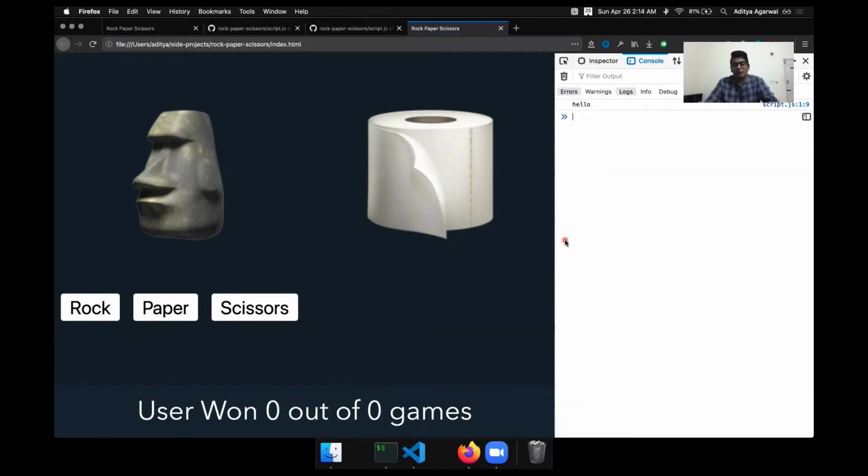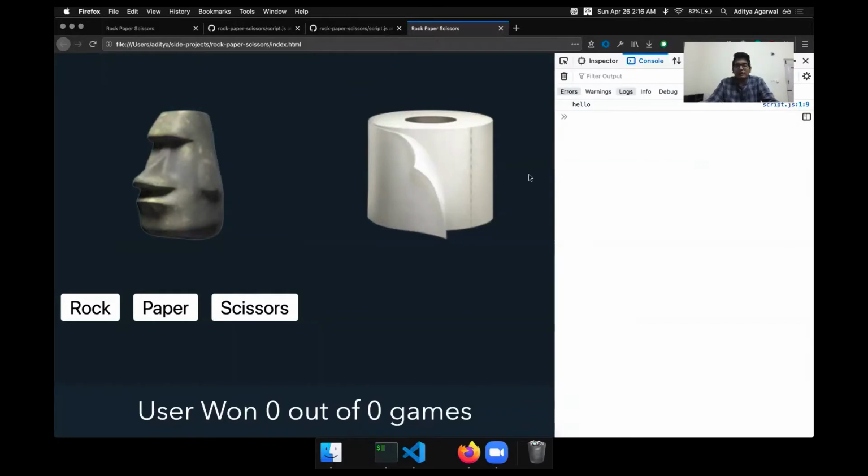And that's the purpose of JavaScript. With HTML, you can render these images and buttons. With CSS, you can style them to look a certain way. But only with JS can you add these interactive things, like custom interactions where clicking on rock changes the image. So we need to write JavaScript code to add behavior to our website, to add interactivity to our site. Okay, let's look at the game logic now.